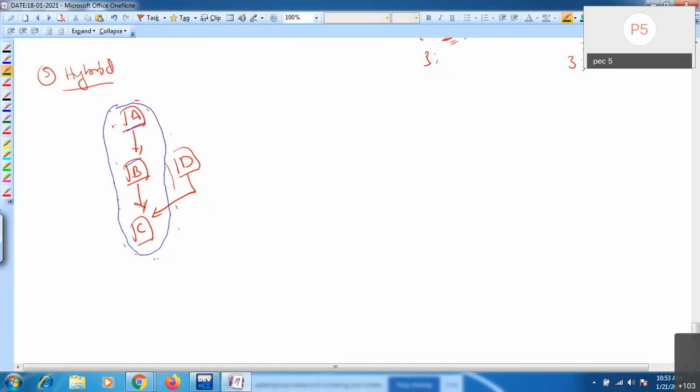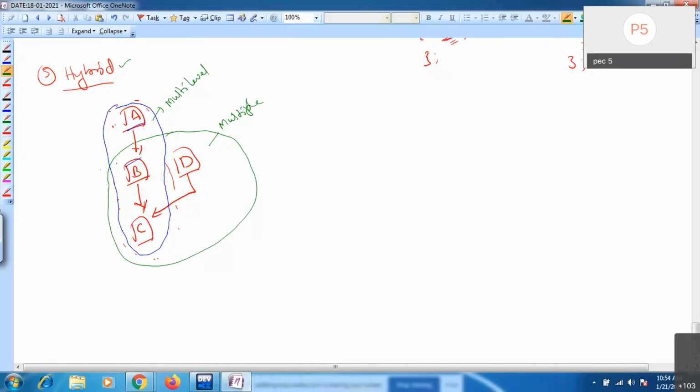If you observe this part, this is multiple, and this one is multi-level. Are you getting my point? Just I'm combining two or more. I'm just combining two here. Two inheritances I'm combining, so you can say it is hybrid inheritance.